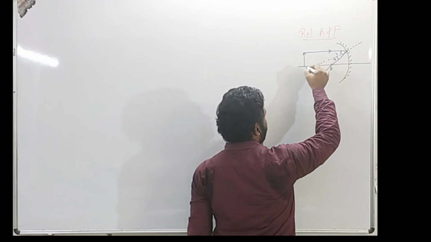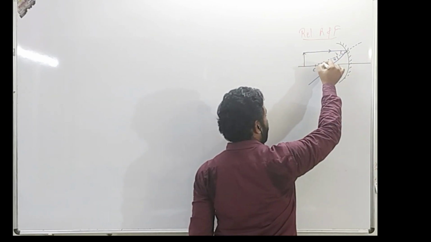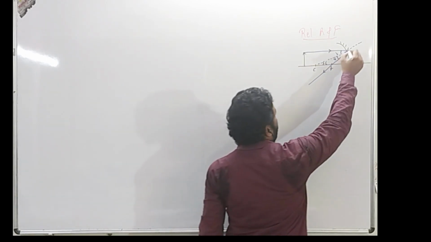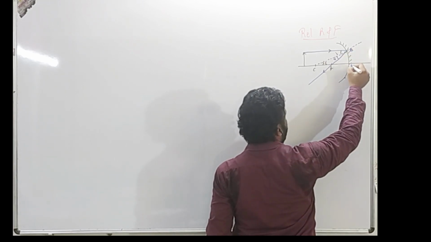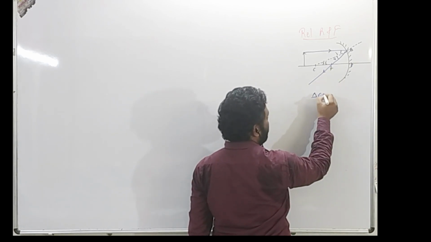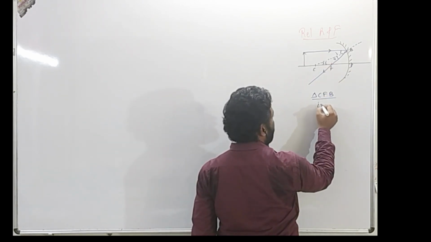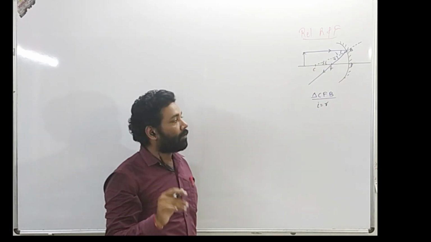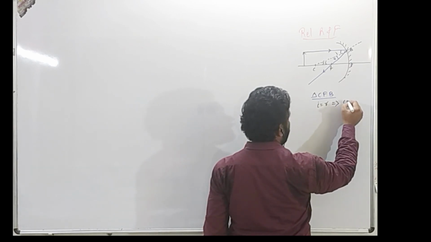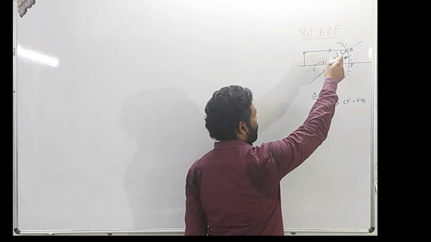In this one, the principal axis and this incident ray are parallel to one another. Hence this angle will also be the angle of incidence i, corresponding angles. Let's say this point is B, this point is P. So taking this triangle CFB, we note that the angle of incidence is equal to the angle of reflection, as per the laws of reflection. From this equality, we can conclude that the distance CF is equal to FB. This is one relation we get from this triangle.